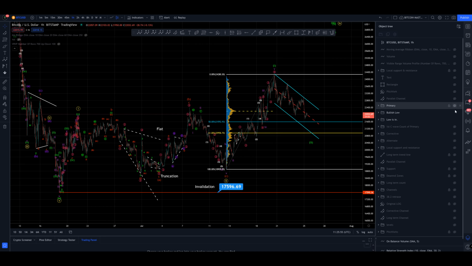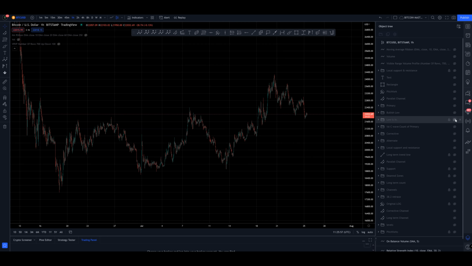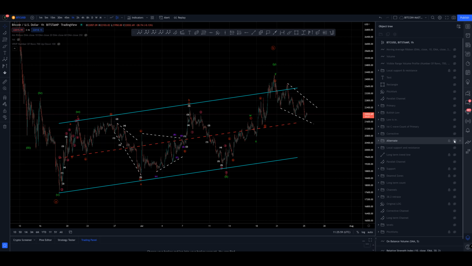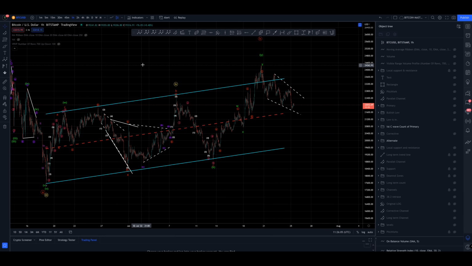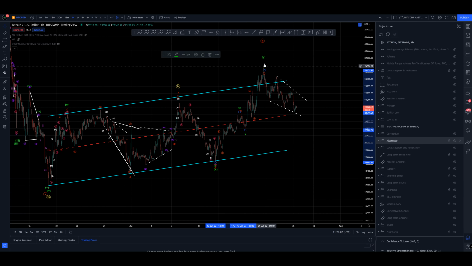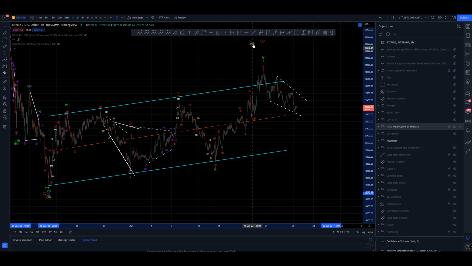So now let's look at an alternate way of looking at it. Let's look at going lower. Okay, and we're going to need that prior count to get the low. So here, you could argue you could use the same impulse and just go A, B, C, like that, with this mess in the middle being the same flat pattern. If we can get 5 in here, that's fine. We can make that work. So the 4 would be up here.